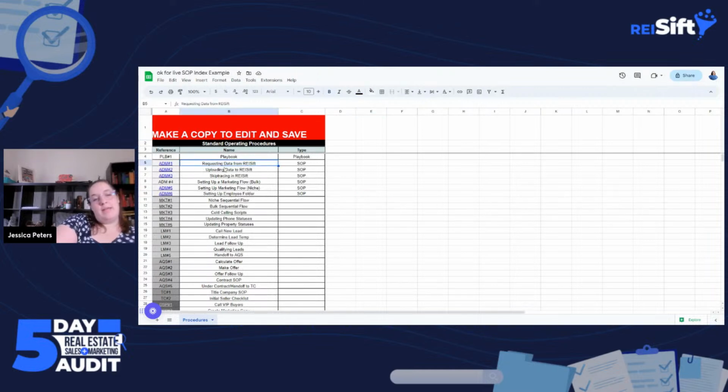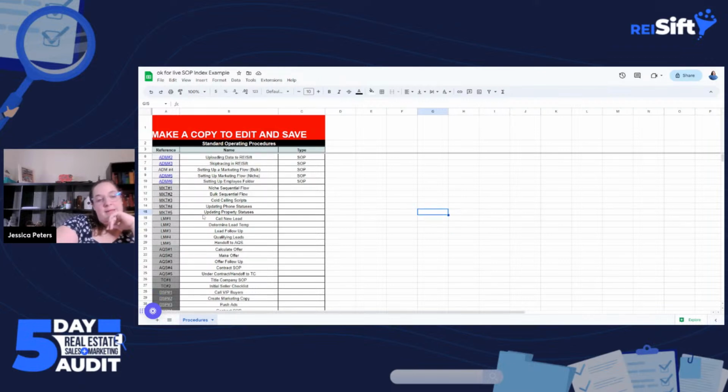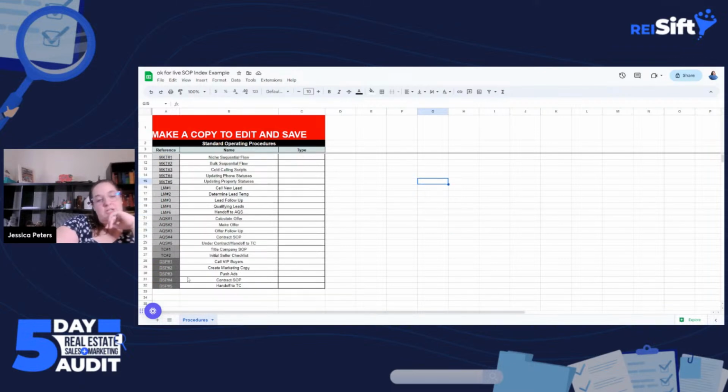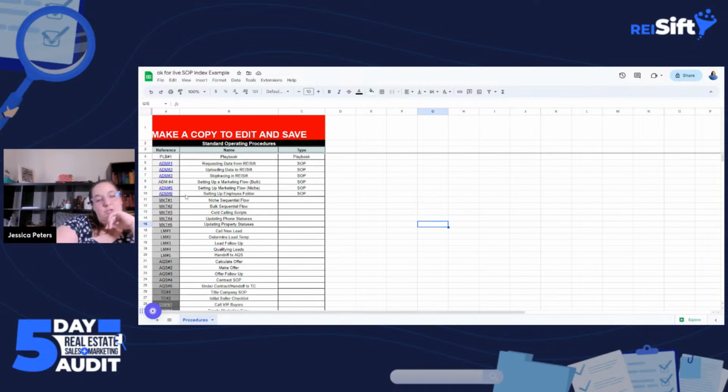And so I put the name of some example SOPs that you may want to create here. And then I name them. So like this is admin task 1, admin task 2, admin task 3. And then I put what type of thing it is here. So eventually you'd want to have SOPs created for marketing, lead management, acquisitions, transactions, and dispositions. And as you do some of these processes, you create the SOP for that thing. So the next time that you set up some marketing filters, you add an SOP here.